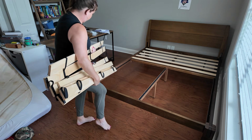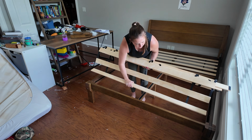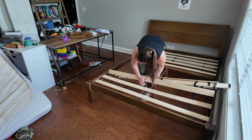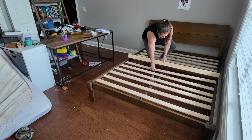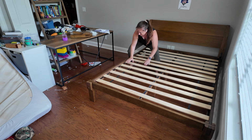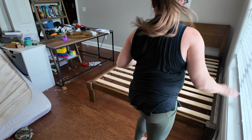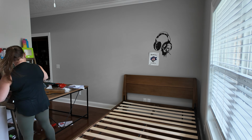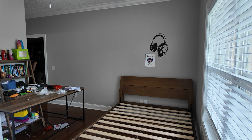Okay, why did I think this was my good plan? I was like, oh, I could do it that way. No, instead, start at the back and pin yourself in, Elizabeth. Don't do it the reasonable way where there's an escape. Get your legs stuck in there, which I did do. So it's done. And now I am just trying to figure out, okay, I know I need my husband's help,